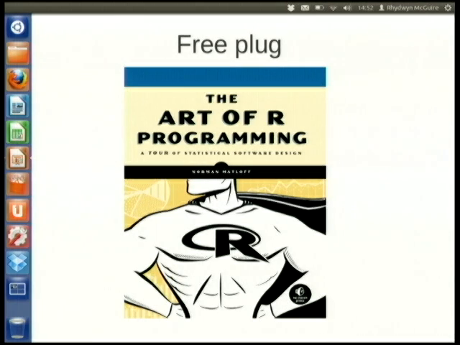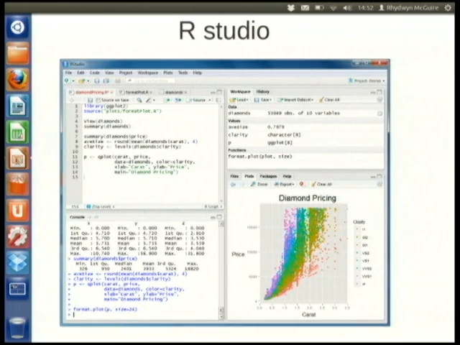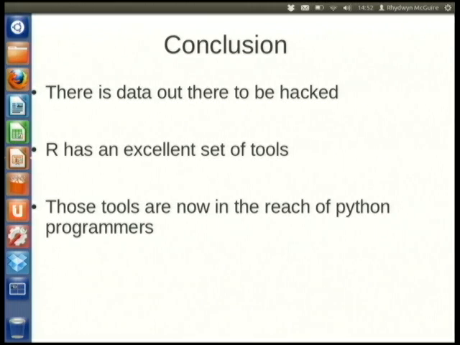I'm going to throw in a plug for this book. If anyone is interested in getting into R, The Art of R Programming is great. Really good textbook. That's my standard one. Works better if you don't spill tea on it. RStudio is an open source IDE. It allows you to connect up to Git servers and Subversion. It's the one I use for my day-to-day work, and I thought I'd put it in there.